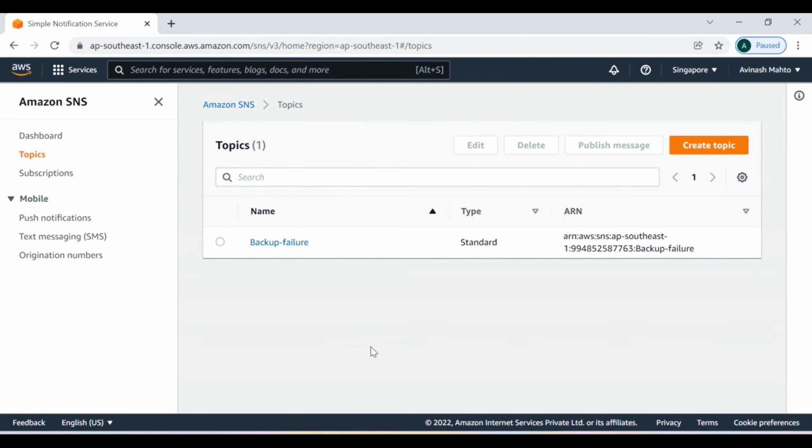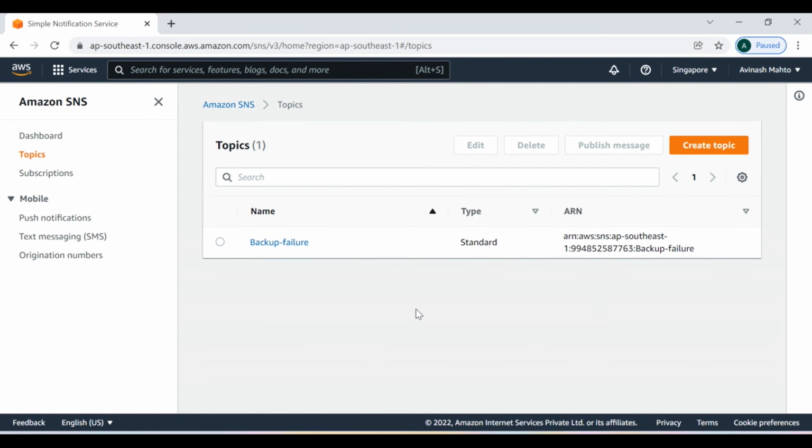So guys, this is all about AWS SNS, and let me once again recap everything we have done in the last 7 to 8 minutes. Basically we created one topic inside AWS SNS. After that we created the subscription. While creating the subscription, we saw that there are two options. One is called FIFO and the second one is called standard. The difference is that FIFO currently only supports the SQS subscription protocol. However, inside standard we get many subscription protocols, like SQS, email, JSON, HTTPS and many more, and that's why we specifically chose the standard type.